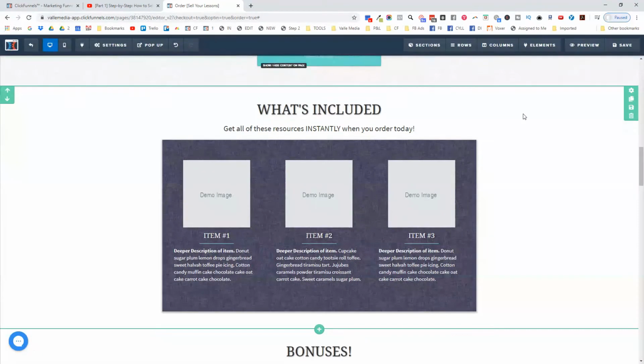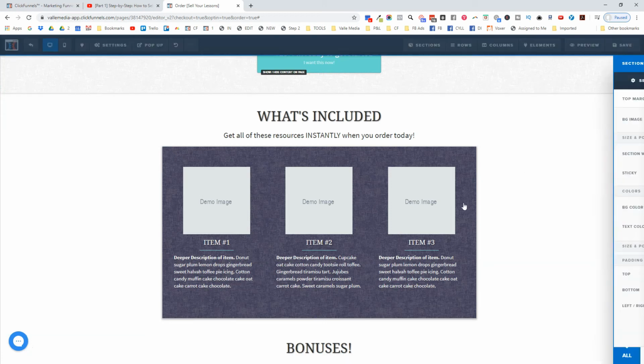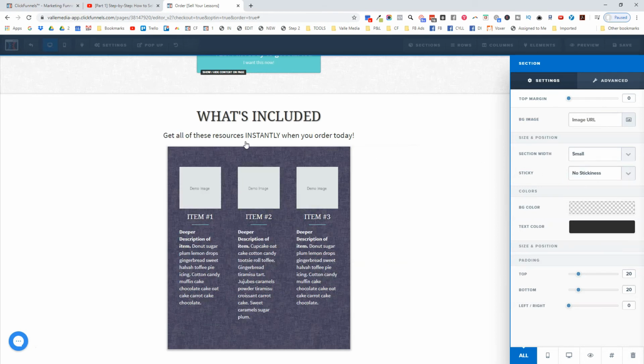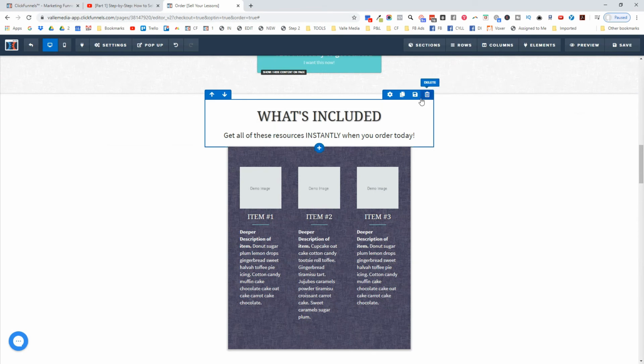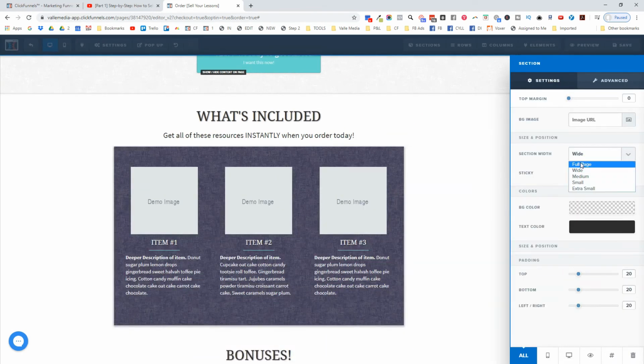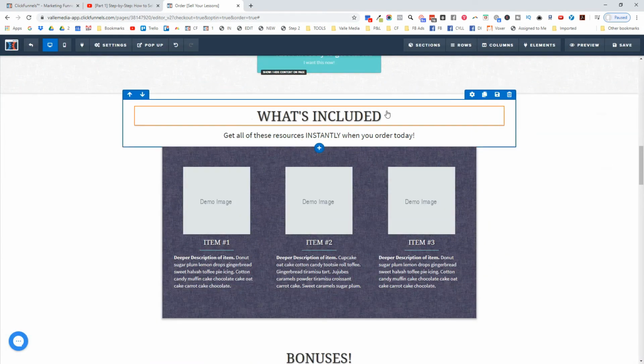So as we can see here on our green sections, we have different settings that we can go in there. Same thing, we can do background images, different widths of the section itself. So now you can see our green section is a lot smaller. I like to work in wide or full width. And then the same thing on our